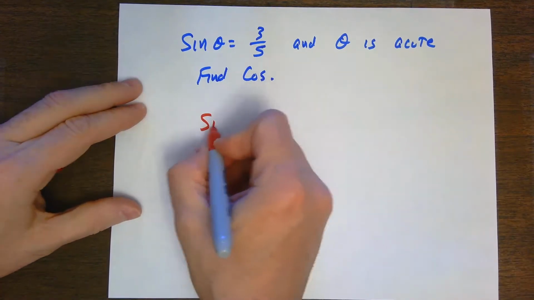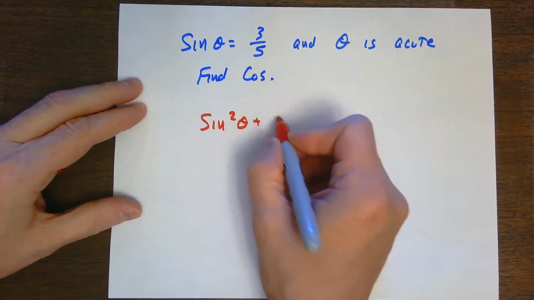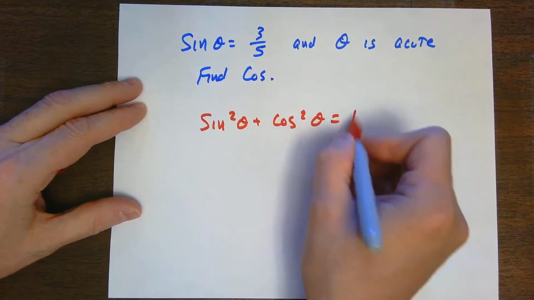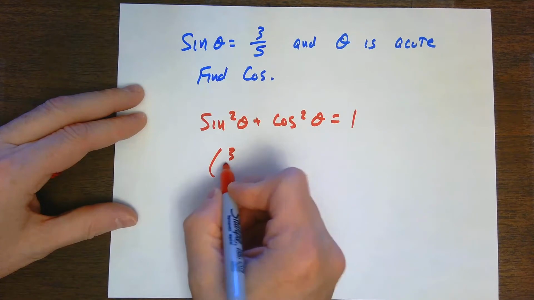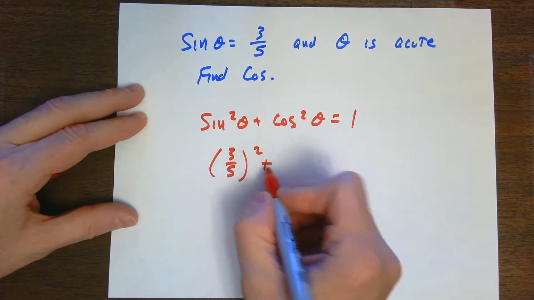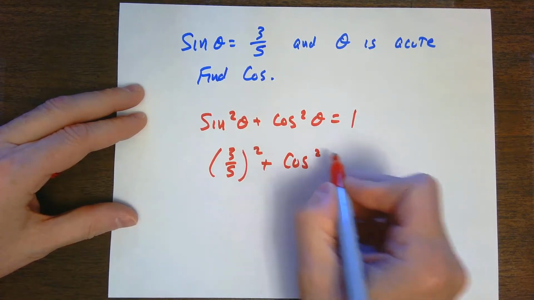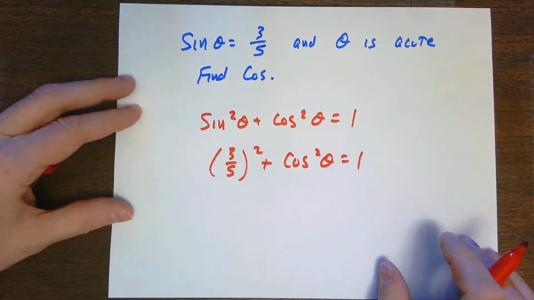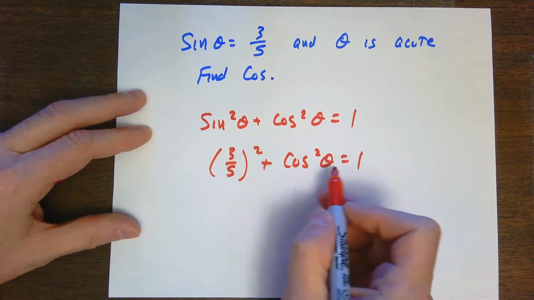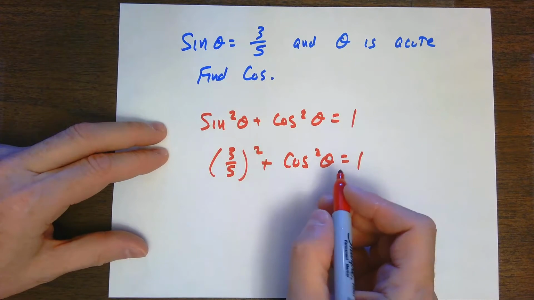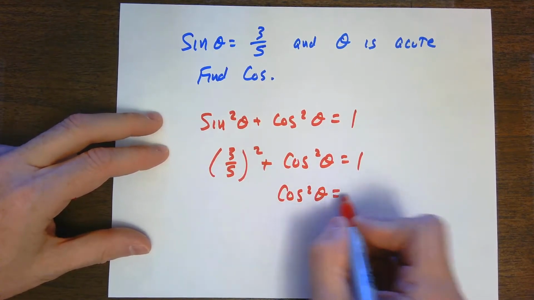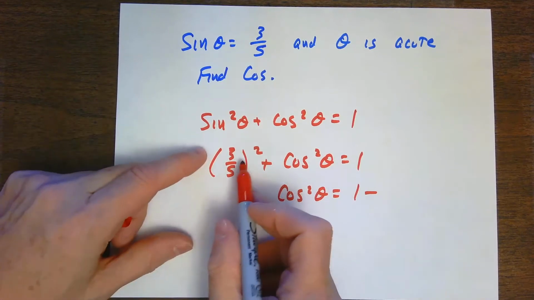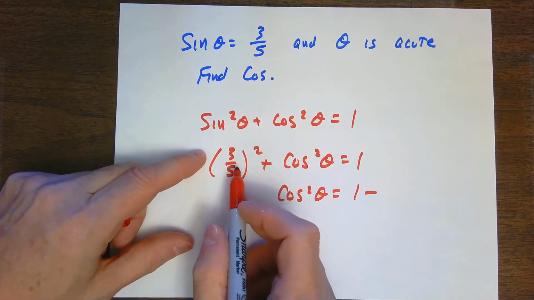So I know that sine squared of any angle plus cosine squared of any angle equals 1. The sine is 3/5. So (3/5) squared plus cosine squared equals 1. I'm going to subtract (3/5) squared from both sides, and I get the cosine squared of theta equals 1 minus, let's see, what is this really? 3/5 squared